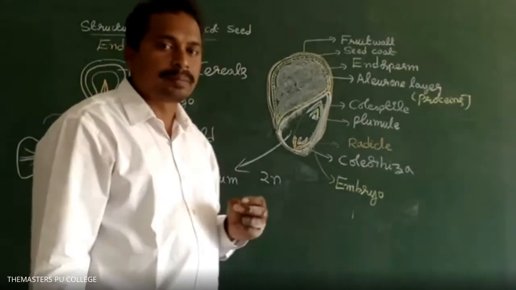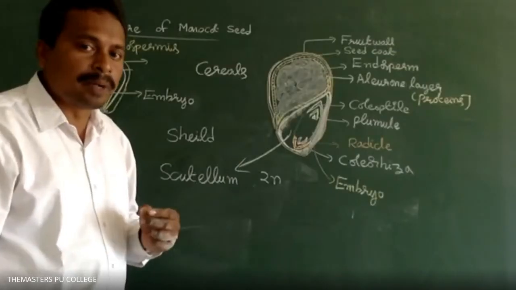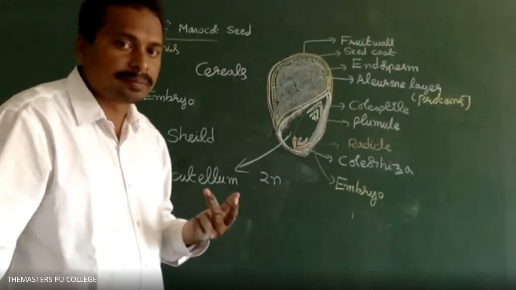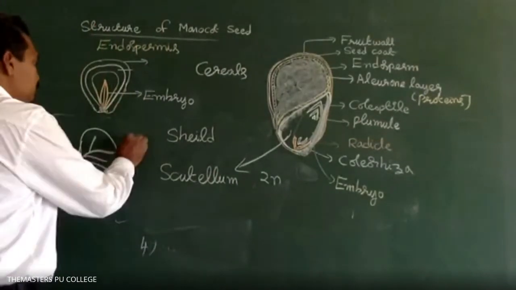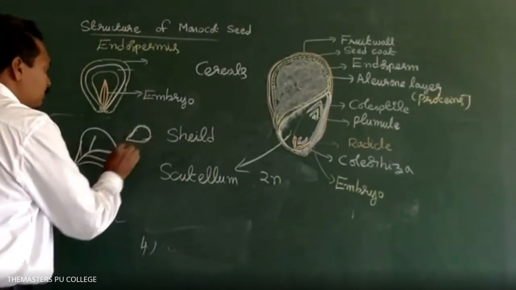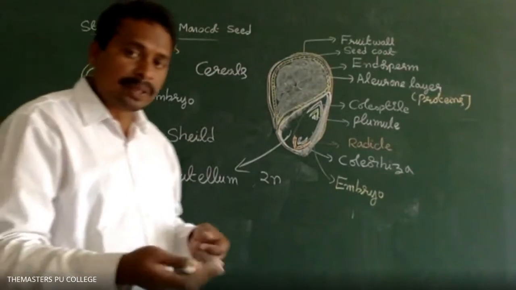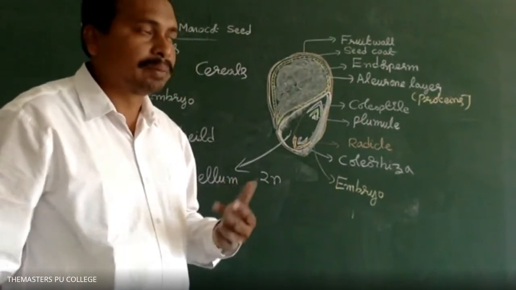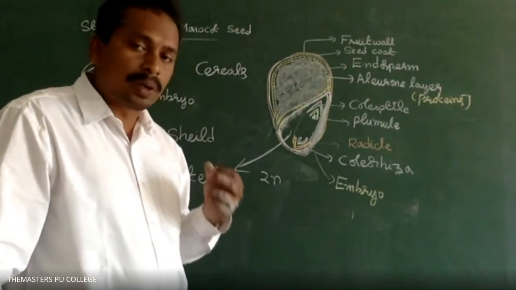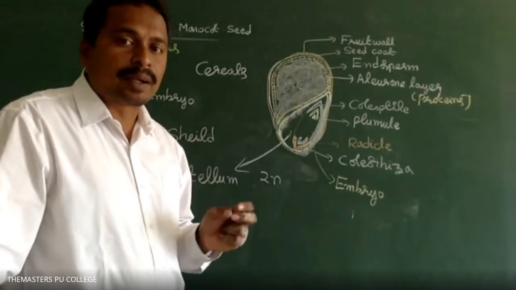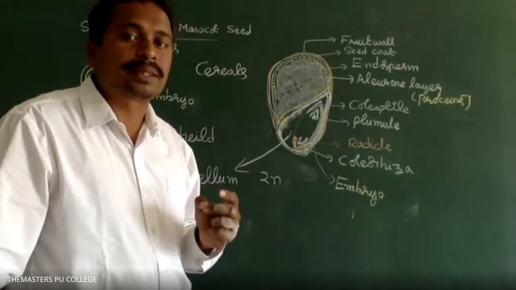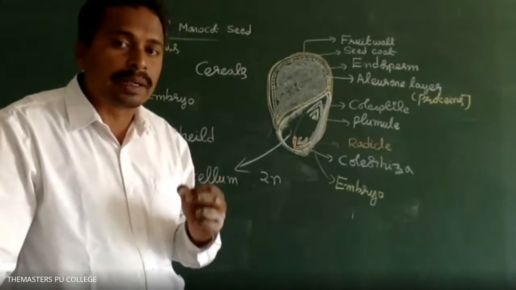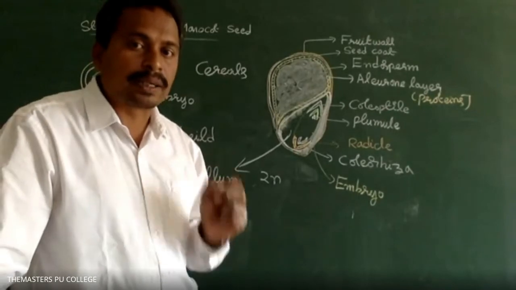Is it clear? What's the common shape of a cotyledon, sir? The shape of the cotyledon varies. It may appear in an oval shape, or in different shapes. In monocotyledonous plant species, the cotyledon appears like a shield shape. The shield-shaped cotyledon is called the scutellum.